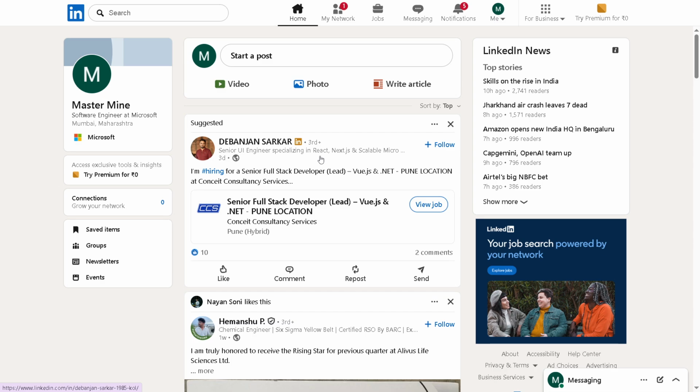Once you're logged in, take a look at the top right corner of the home page. You should see your profile photo there. Go ahead and click on it. This action will result in a drop-down menu appearing. From that drop-down, you want to select the option called View Profile. Clicking on this will take you to your personal profile page where you can manage various details about yourself, including